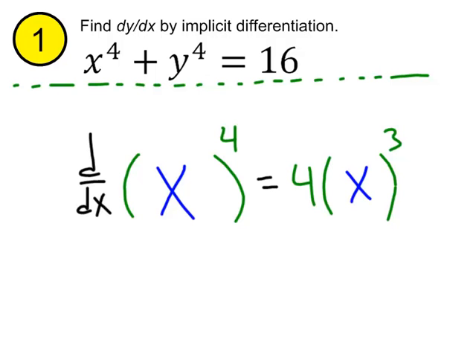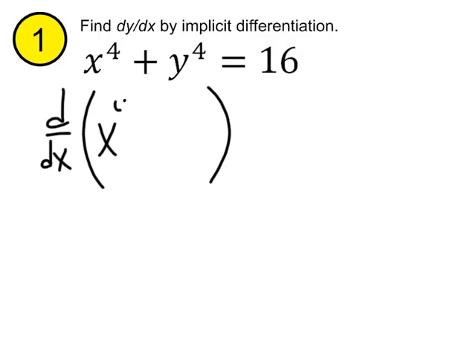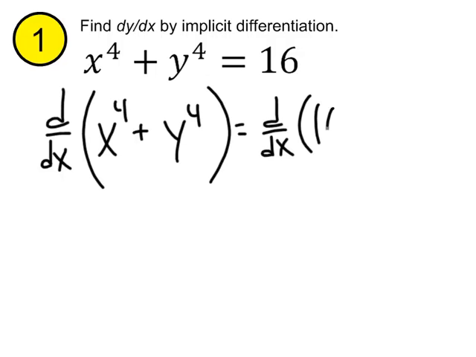Okay, I hope you're seeing the connection between all of these. Again, implicit differentiation is an application of the chain rule. So let's go ahead and apply it here. Since I basically just worked it out here, let's use the results of that and say that when I do the derivative of both sides of the equation, x to the fourth plus y to the fourth, and then the derivative with respect to x of 16, I'm going to get